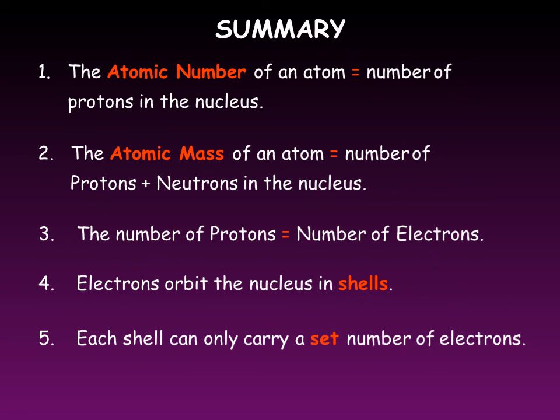So let's summarize whatever we have read. The atomic number of an atom is simply equal to the number of protons in the nucleus. The atomic mass of an atom is equal to the number of protons and neutrons in the nucleus. The number of protons is equal to the number of electrons in any atom. Electrons orbit the nucleus in shells, and each shell can contain a